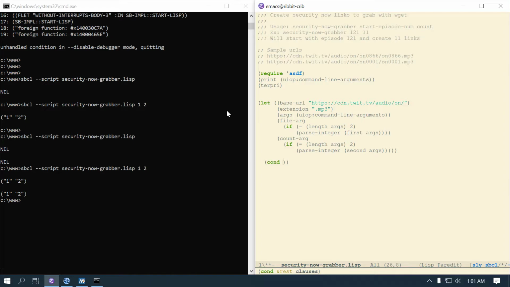And maybe for right now, I'll just print this out. So I'll just put a print statement right here. So let's just say, not null file arg and not null count arg. And if those two are true, then let's just format t file arg is build a new line